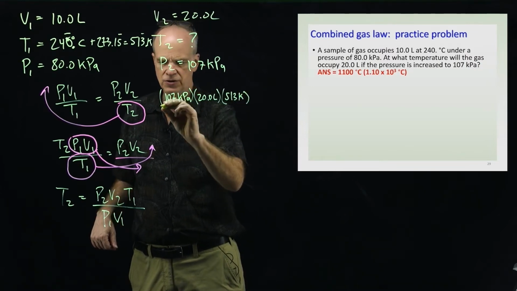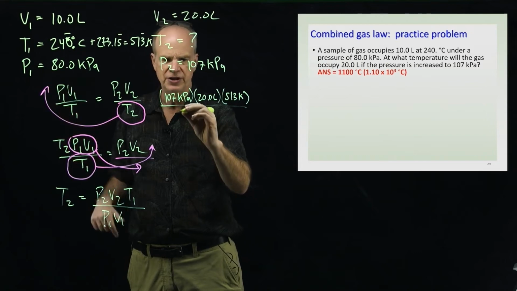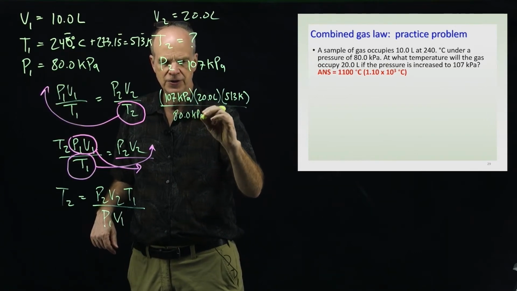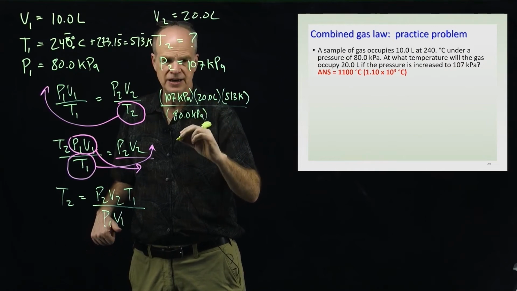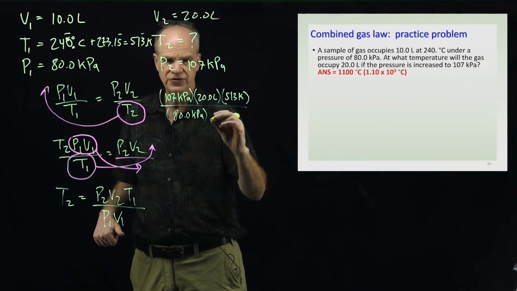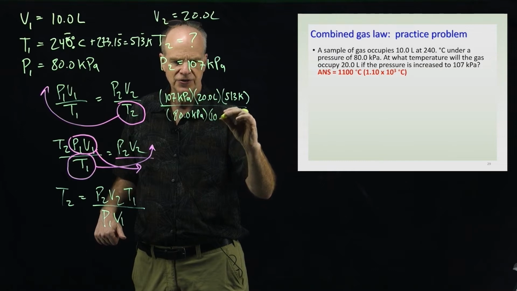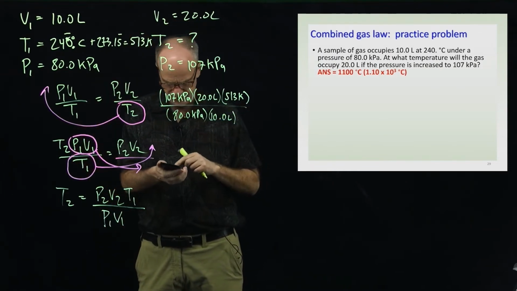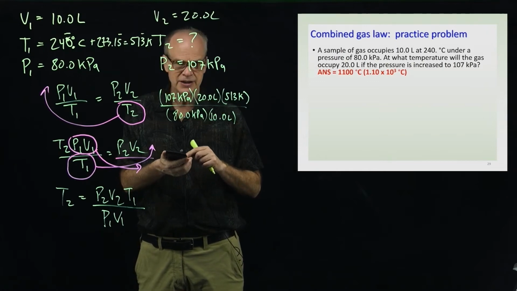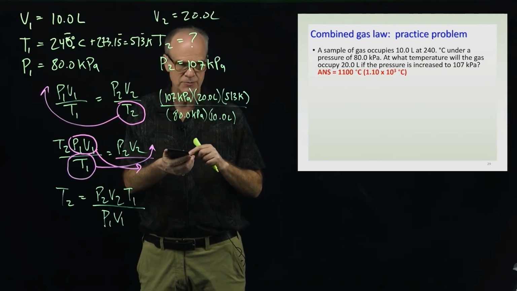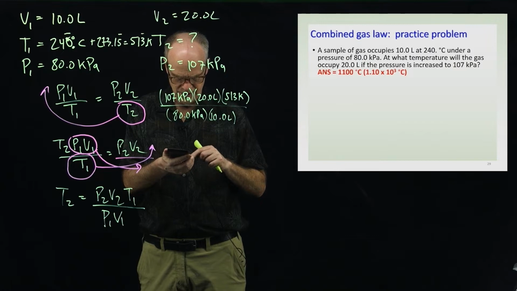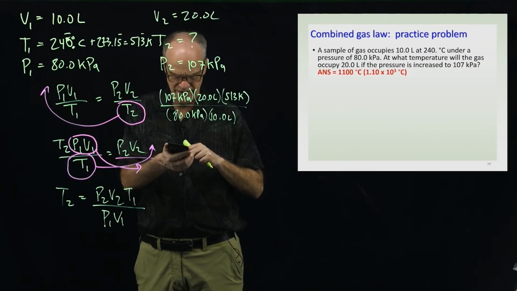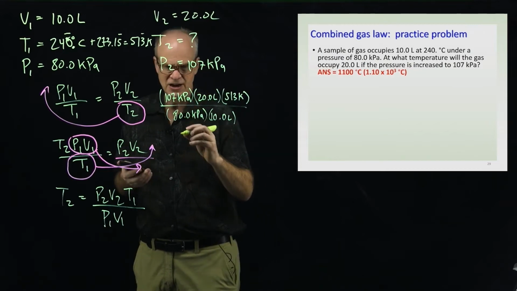And then over P1, which is 80.0 kilopascals. And then we have, it looks like, V1, which is 10.0 liters. So let me see what number I get here. And so I get 107 times 20 times 513 divided by 80 divided by 10. So the number I get on my calculator is